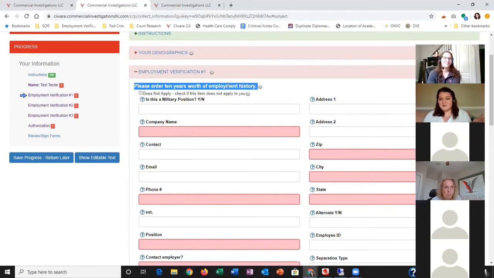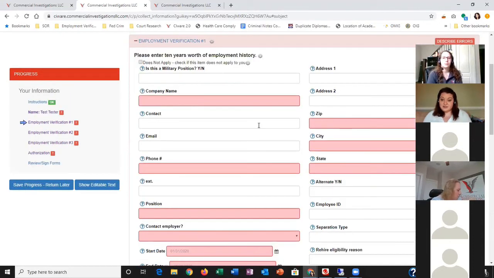It's a hazard, but we do have steps set up within our system that stop it before it hits the client, saying, wait, this isn't the highest they've received. So we are able to reach out to subjects and get that information if they didn't fill it out initially. Again, this asks for some basic information for an employment verification, what the company was,